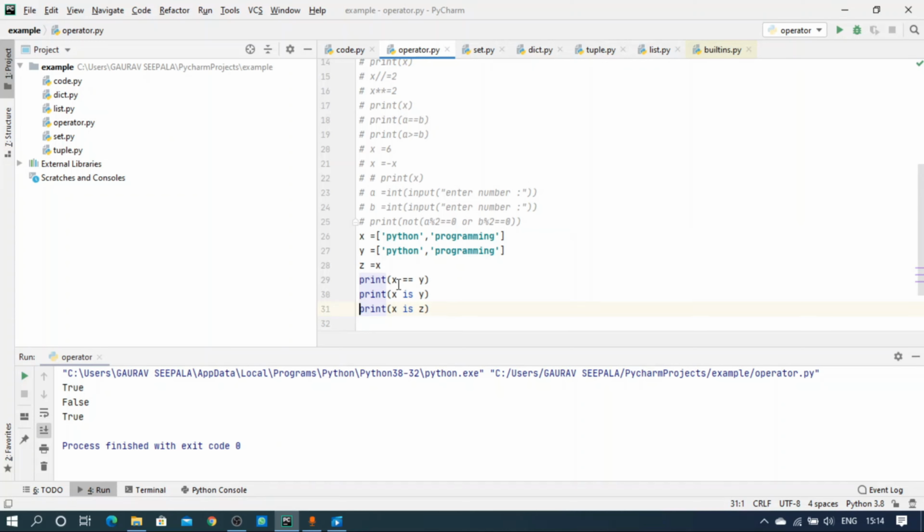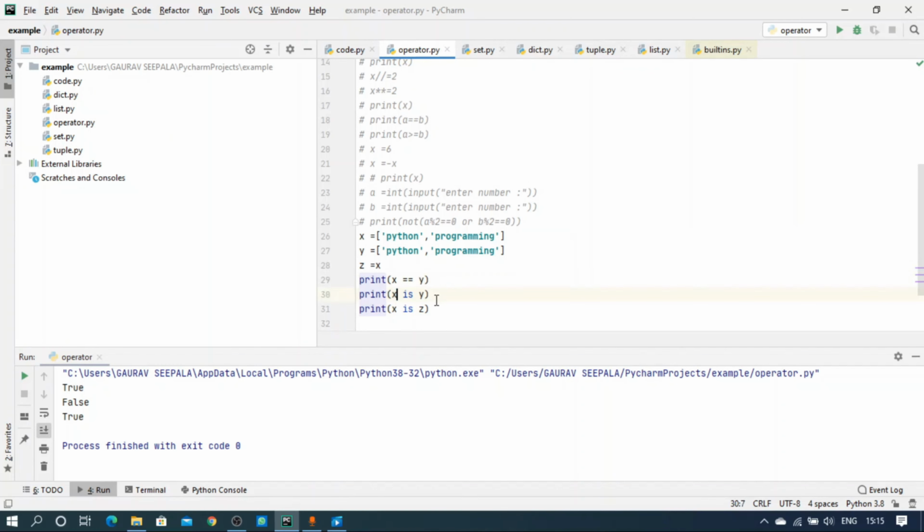We know that double equal to is a relational operator. It will just check the content inside the variables. While coming to the identity operators, they not only compare the content inside the variables, but also compare whether both the variables are representing the same object or not. Same object in the sense that they both are related to the same object, that is, the IDs are the same.